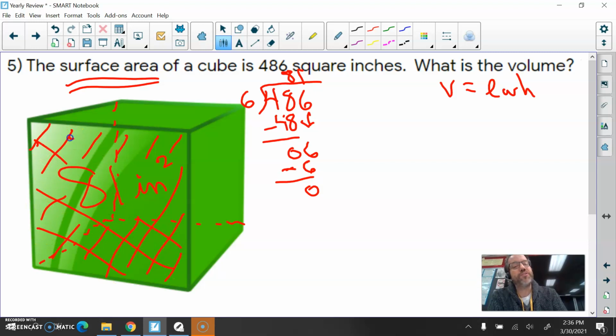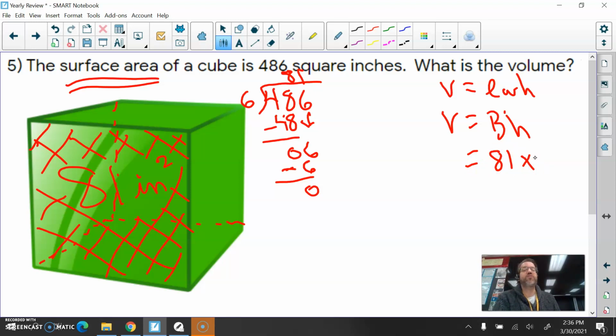Now, I want the volume. Honestly, volume is also equal to the area of the base times the height. And 81 square inches is the area of the base. See, it's the same as the base bottom down here, which would be 81. So if you want the volume, you could just take 81